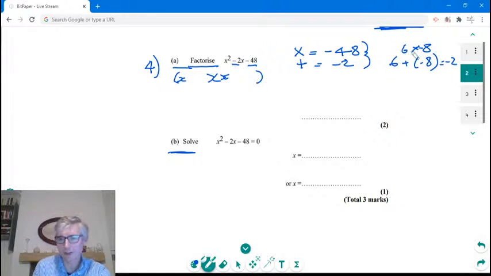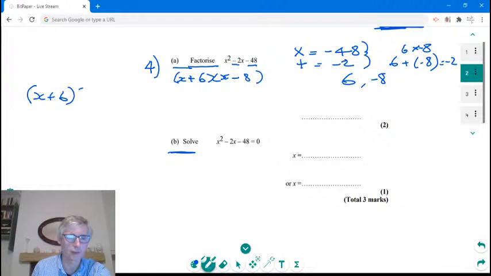There we go. So our two numbers that we're going to put in the brackets then are 6 and minus 8. So I'm going to put them in there. Plus 6 and minus 8. And so that's now factorised. I've not really spoken about this yet, but just to show why that is the same thing, if I write this here, x plus 6 times by x minus 8,